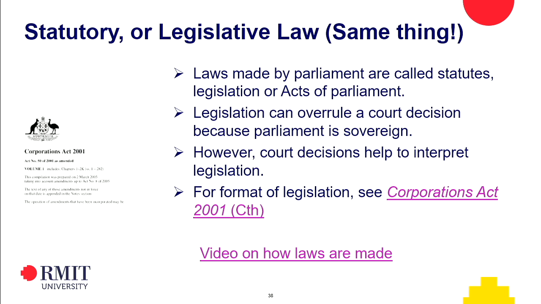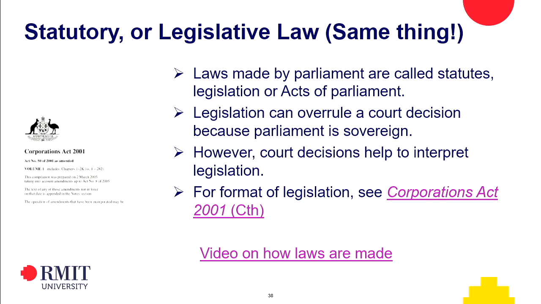It'll get read a few times, they might make some amendments to it, and it'll get voted on. And if it's passed, it moves on to the next house. Once it gets through both houses, now sometimes it can be changed and then sent back and has to be voted on again. But once it gets acceptance from both houses, the Senate and the House of Representatives,